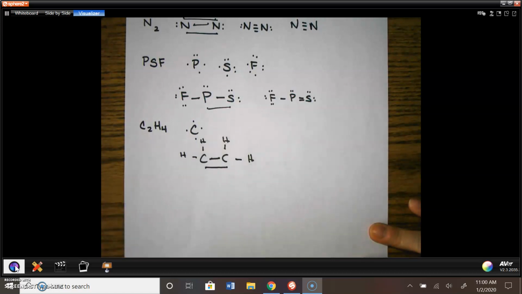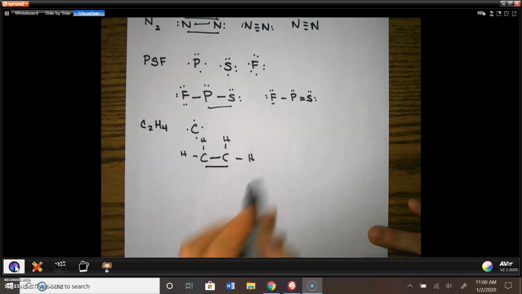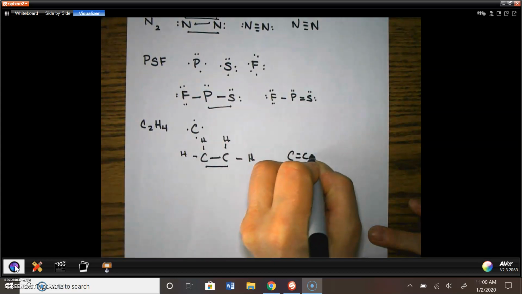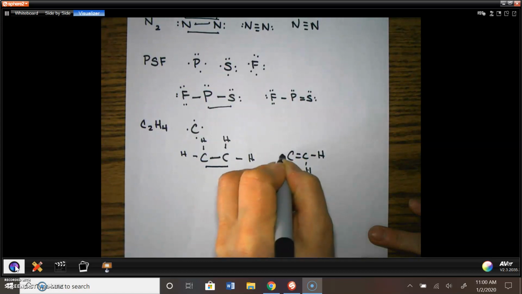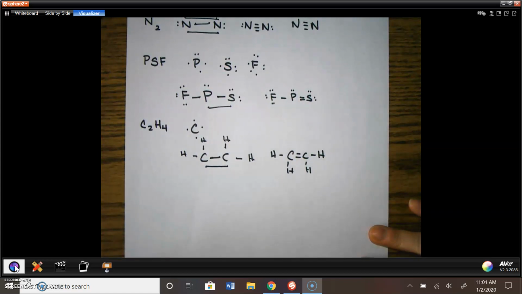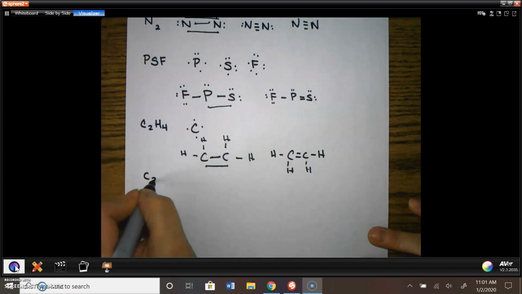And it looks a little bit more symmetrical than putting 3 on one side and 1 on the other. So there's an example of a double bond between 2 carbon atoms. I can have a triple bond between 2 carbon atoms as well. If I do